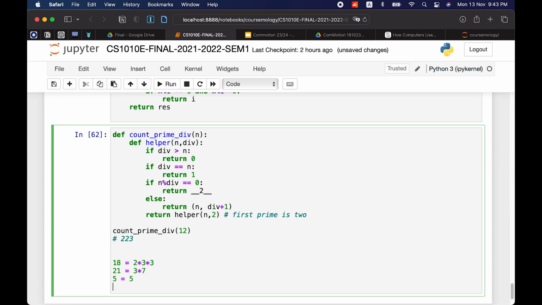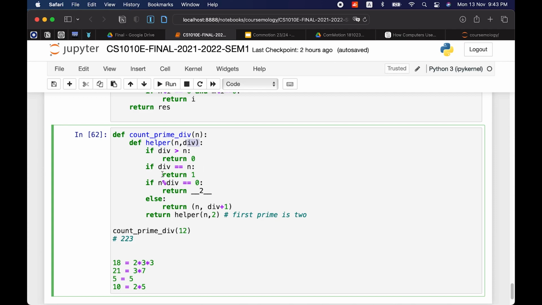So for example, 10 is 2 times 5. What happens is we put 10 here, then we use the helper and div.